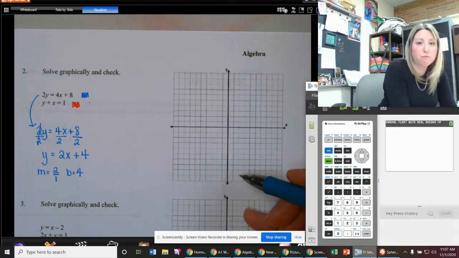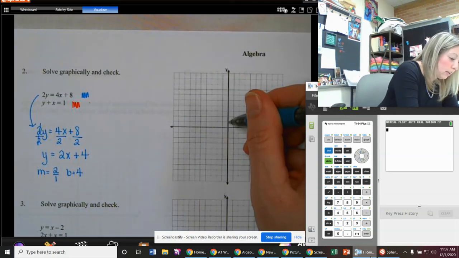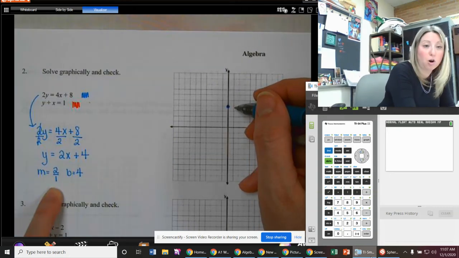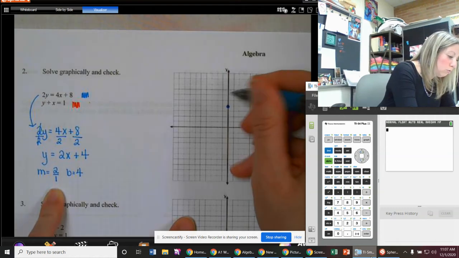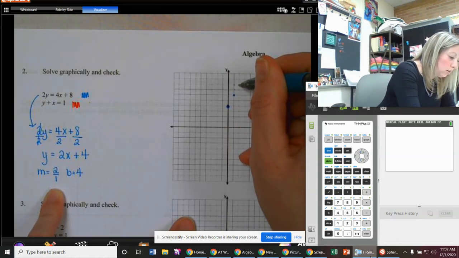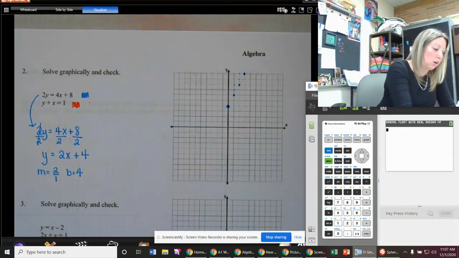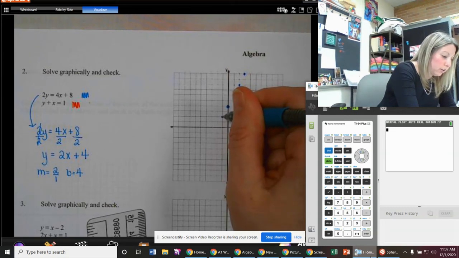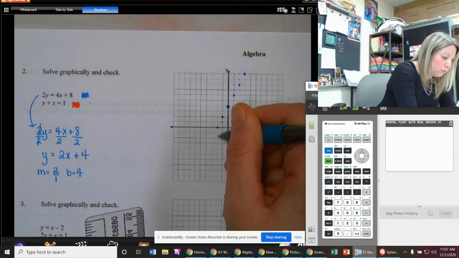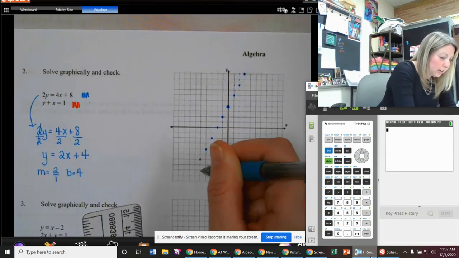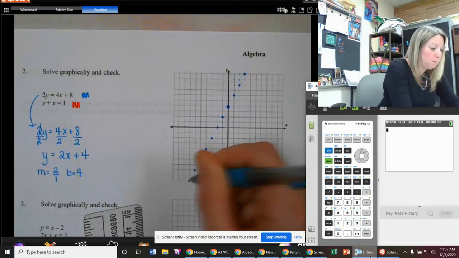So I head over to my graph. I find a y value of 4 on the axis. So 1, 2, 3, 4. That's where I start. So 0, 4. And now my slope tells me to go up 2 and right 1, up 2, right 1, up 2, right 1, because this is my first line I'm really plotting. Now that I've gone up 2 and right 1, let me go backwards and go down 2 and left 1, because notice 2 negative moves still create this positive sloped line here. But again, I'm plotting as much as I can, because